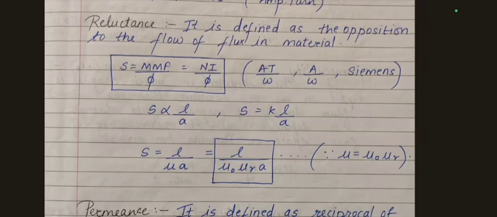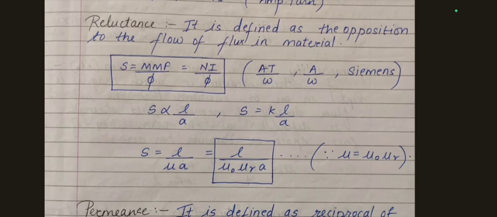Then S is equal to Ni by phi is the one formula. Then what is its SI unit? By this formula you can make out. N is number of turns, I is current. It will become ampere turn, and phi is Weber, so ampere turn per Weber is the SI unit of reluctance. Now the second formula of reluctance: remember, S or reluctance is directly proportional to L by A,